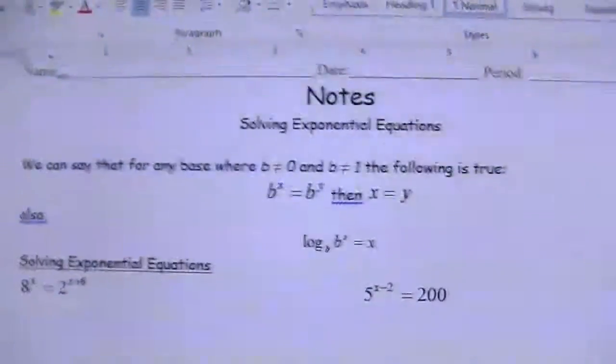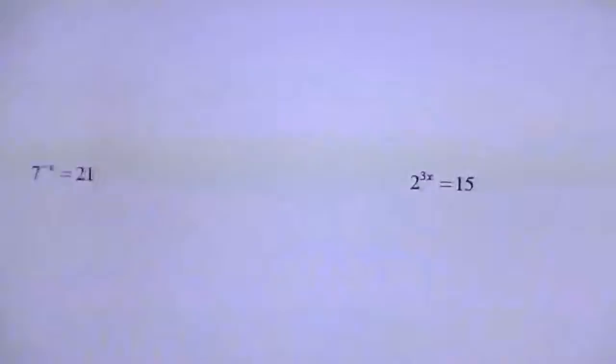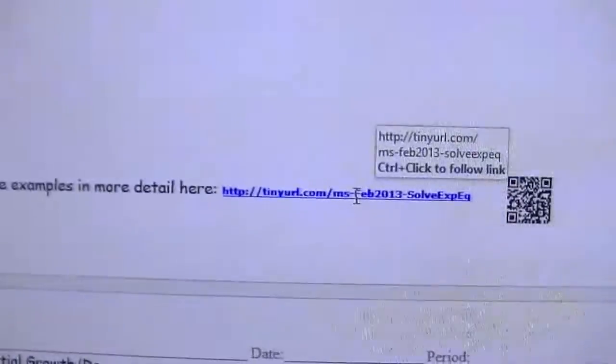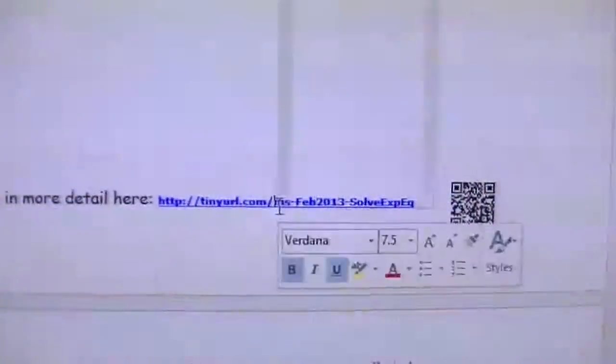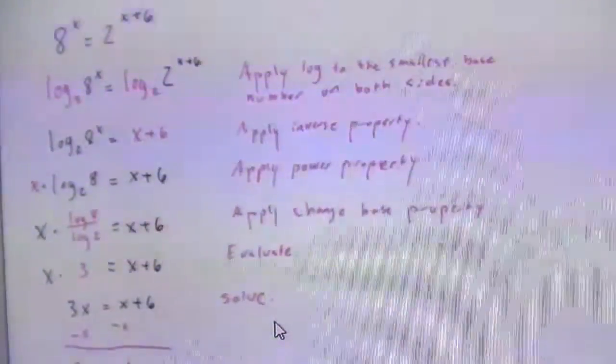What I'm going to do is go ahead and scroll down. And as you can see on this assignment, there is a URL. So we're going to go ahead and follow that. I'm going to double click, and it's going to open up. So just give me a minute. Okay, so this screen will appear,